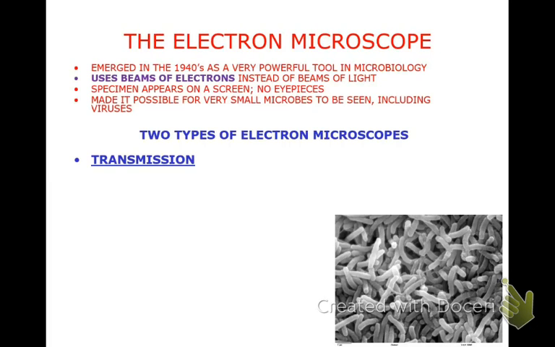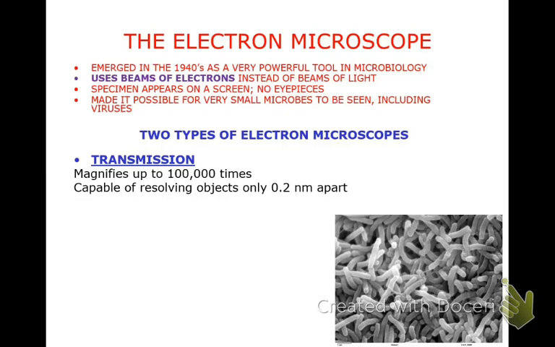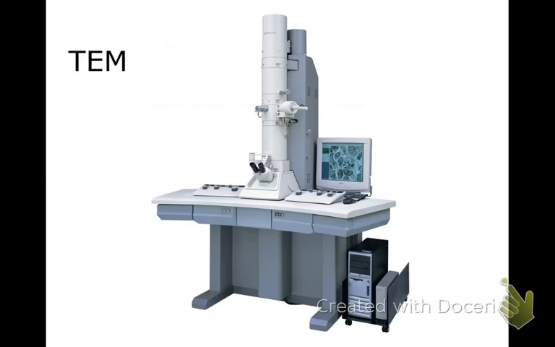Okay, so we have compound light microscopes, but there's another type of microscope called an electron microscope. And they look like this. They don't look anything like the microscopes we have. And the image you see is on a computer screen. And so you put the slide in right here, and then you look with your eyes right here, and the image is on the computer screen. So this is going to magnify much larger. So if you go back, you can see